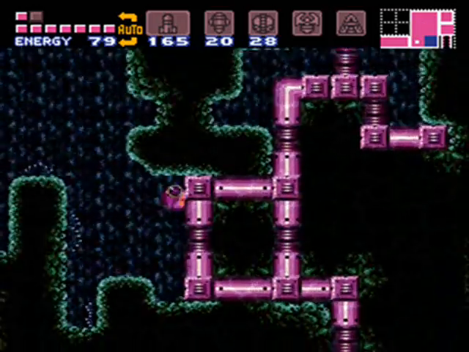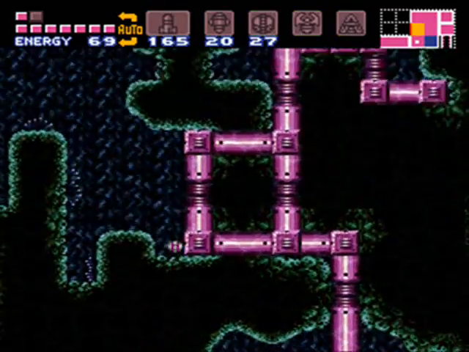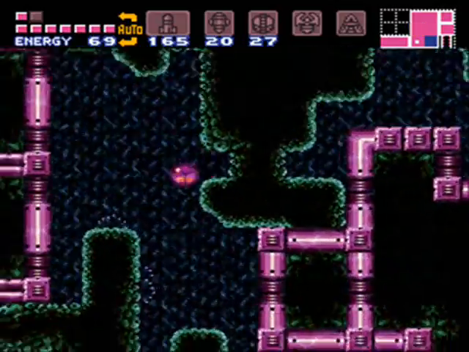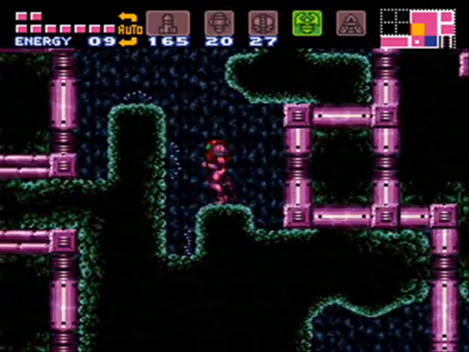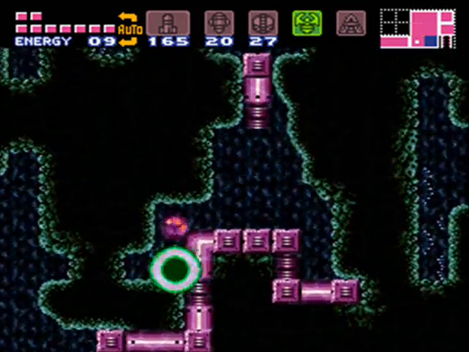Looks like I have to come into it from the other side, but... There's crumble blocks up there, so there's obviously a way to get up there from another path. And I really need some energy. Well, I don't really need it, but...